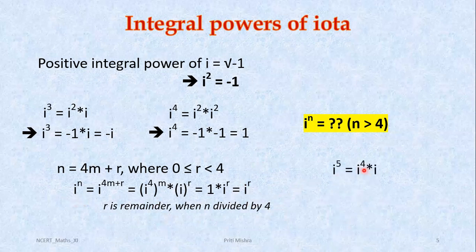If we have to calculate i to the power 5, I can write it as i to the power 4 into i, and i to the power 4 is 1. So its value will be i. But if we use this method, I can write i to the power 5 directly as i to the power 1, then its value will be i, right? Just using the remainder, i to the power r. When you divide 5 by 4, you get remainder 1. So i to the power 5 can be written as i raised to the power 1. Directly you have the value i. So just like this, you have to use this remainder method.